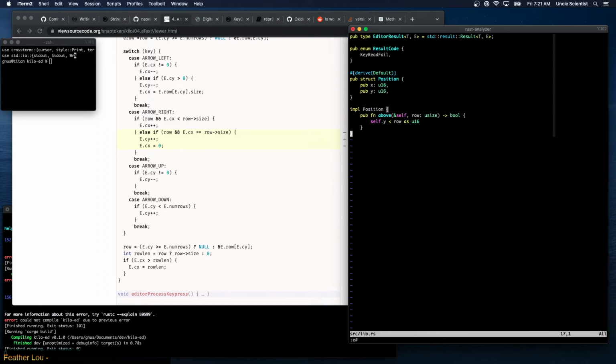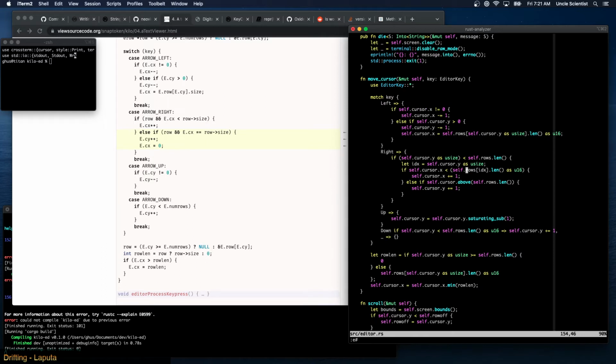I don't know if that's more readable. Left of self call usize bool self x is less than call as u16, and then go back here and change this here. Cursor is left of